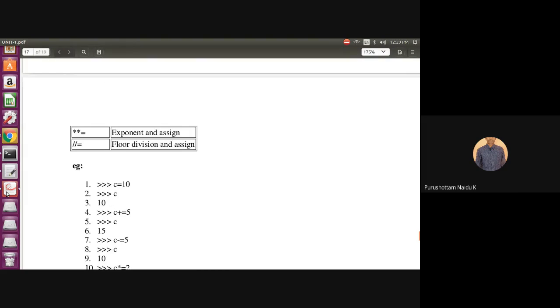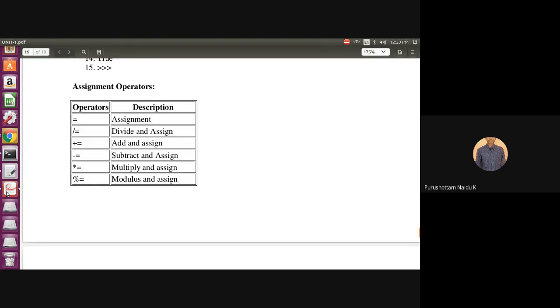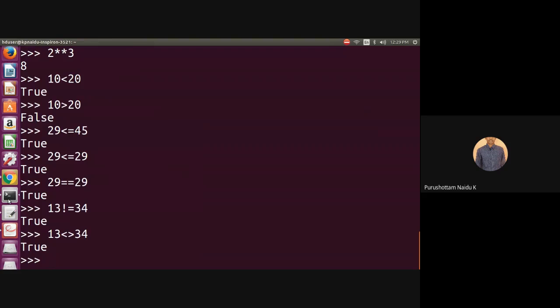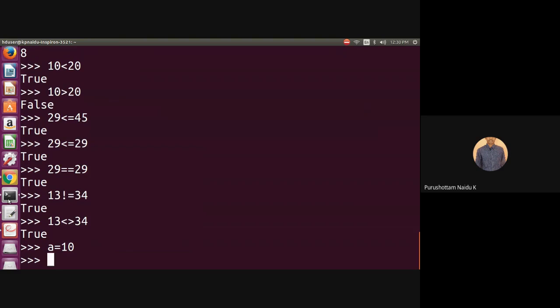And also assignment operators. Just like arithmetic operators, we can use some of the operators here. The assignment operator is equals to. For example, a equals 10, then print of a gives 10.